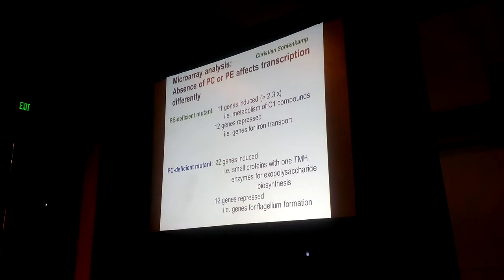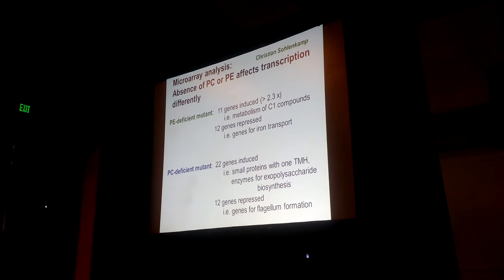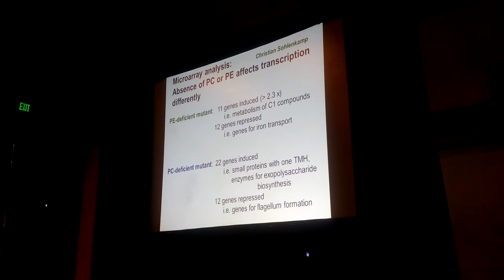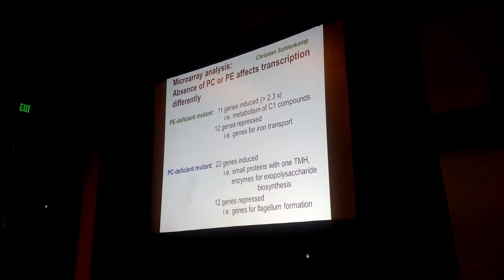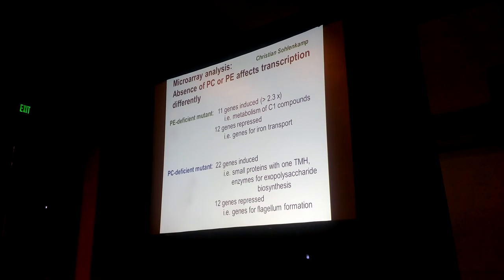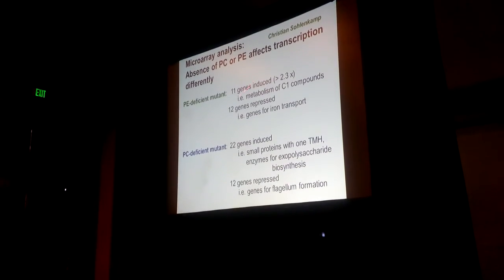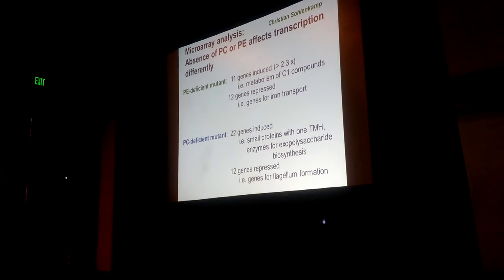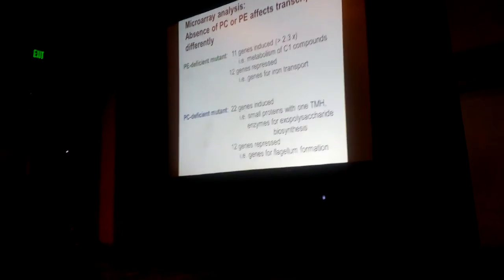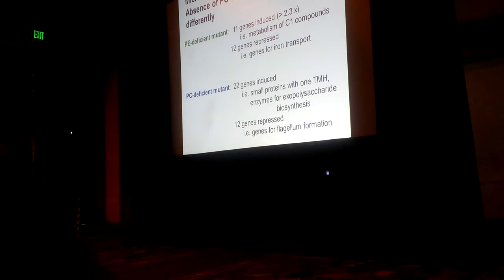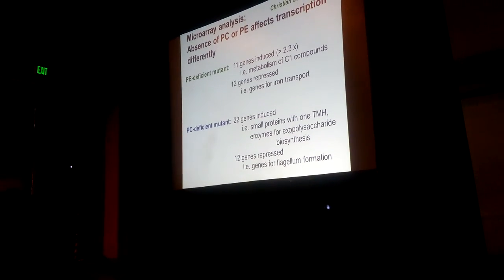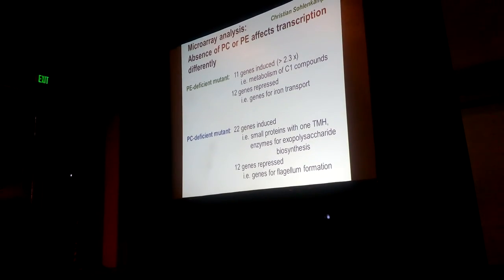We also did a transcriptome analysis of those mutants. Well, there are really no very big changes when you compare them to the wild type. Well, why should a change in a membrane lipid cause big transcriptional changes? But there are some. So in the PE deficient mutant, there are some 11 genes induced. The prediction is that they are involved in the metabolism of C1 compounds. Some 12 genes repressed. Prediction is